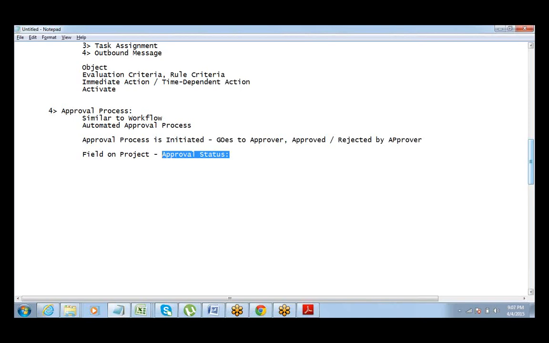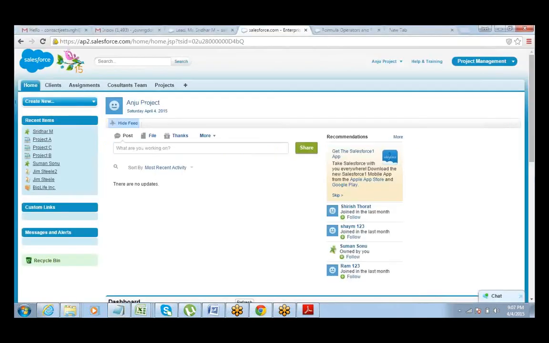This approval status will be a pick list, and the status of the approval will be controlled using the approval process. So let me create an approval status field.